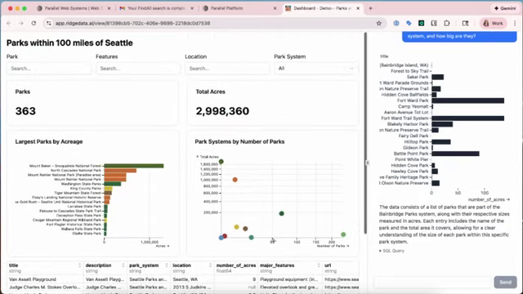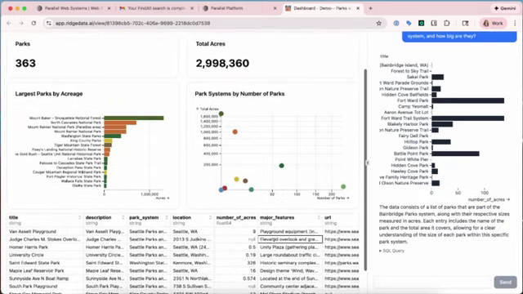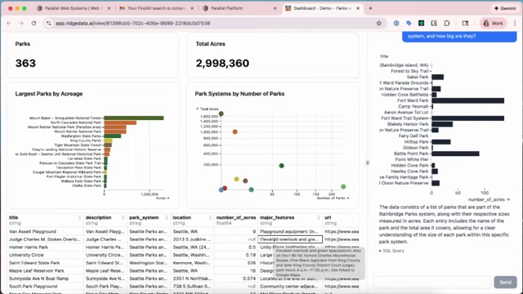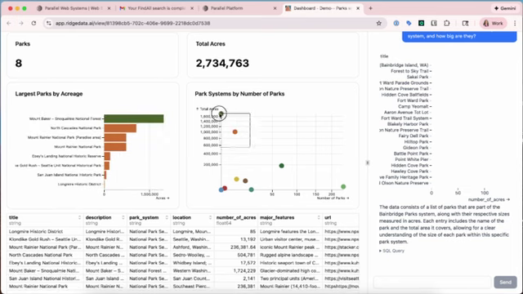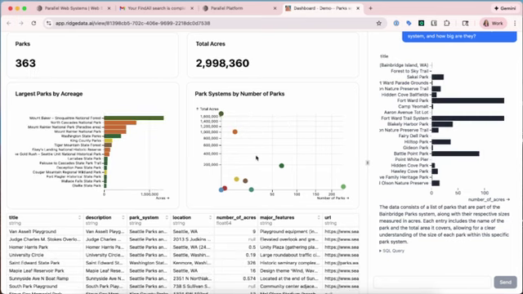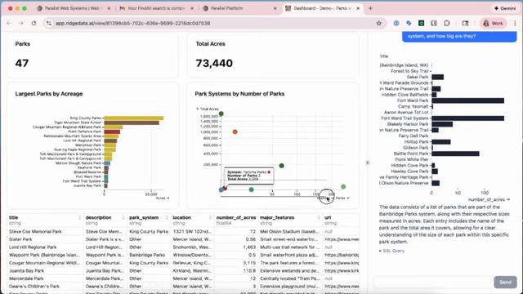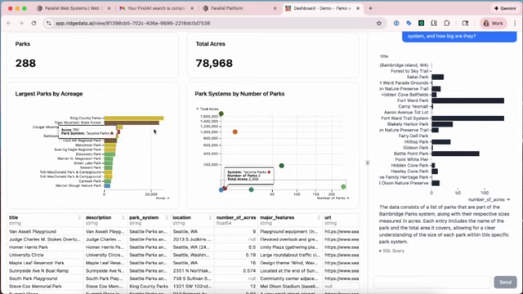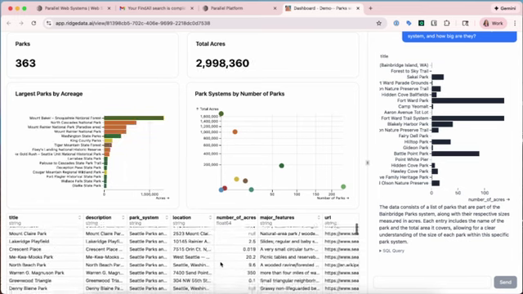The thing about getting data on the fly is that you still need to understand what's in there and whether you trust it, what kind of things you can do with it. And so being able to do that in a visual way was very helpful. Like, for example, I explore the park systems here, maybe the largest ones and also some of the smallest ones, and find the biggest parks in the smallest systems, and then go ahead down to the table below and get